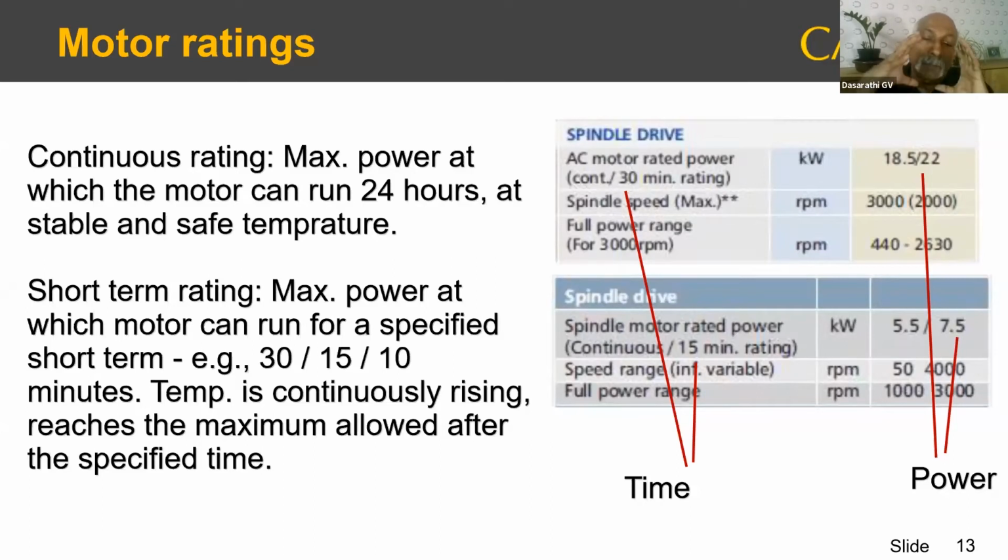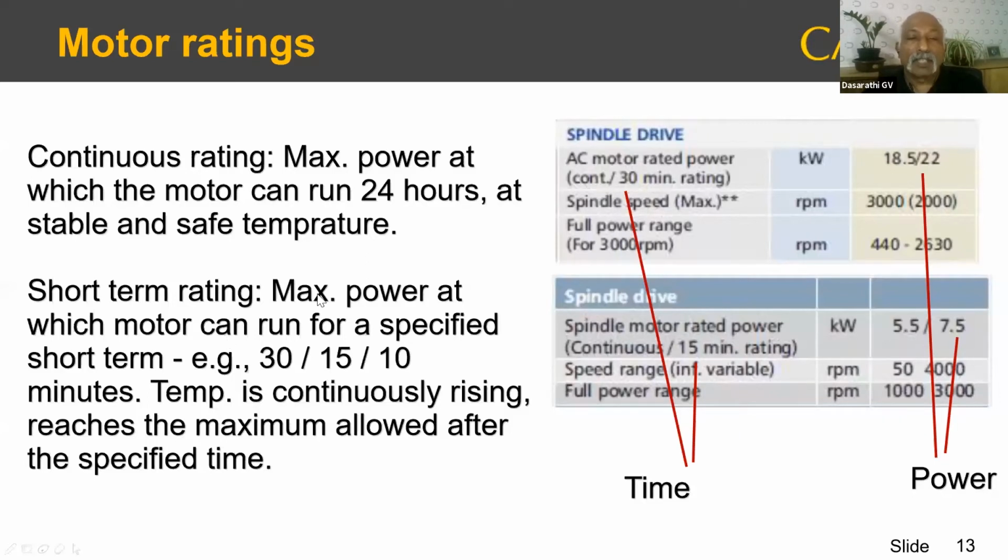So there's a certain power limit at which this will happen. If you go beyond that power limit, then the motor is going to continuously keep getting heated. This power limit at which the temperature will be stable and safe is called the continuous rating.